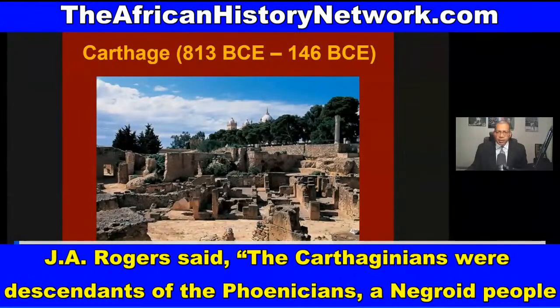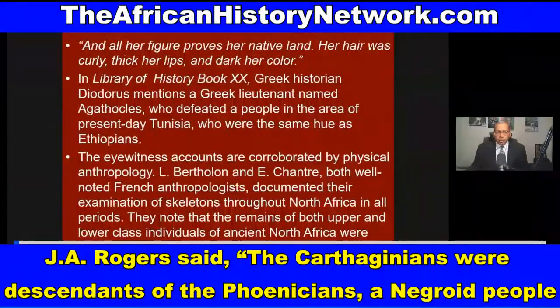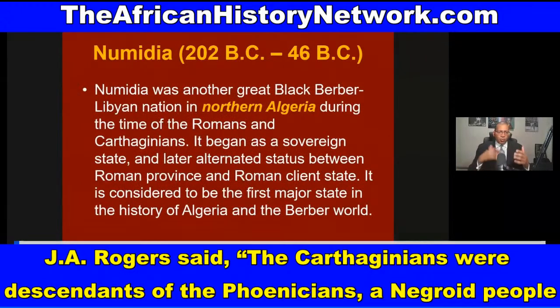Okay, so we have Carthage. Europeans try to claim Carthage for themselves also, and we deal with Carthage in the class, and the Punic Wars. We talk about Numidia also, which existed from about 202 BC to 46 BC, because we go through and look at different African civilizations. We'll look at a chronology of thousands of years of history.